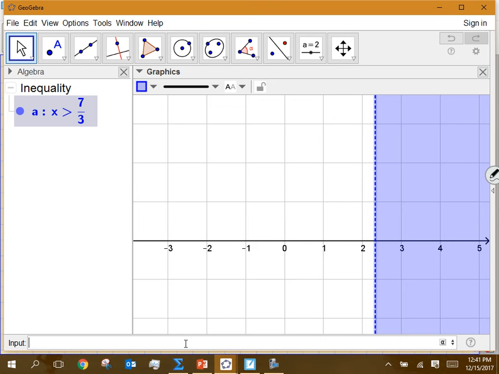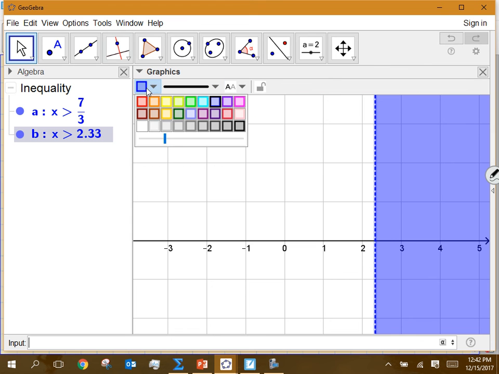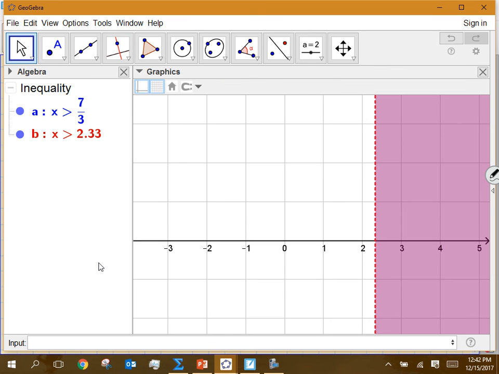Well, if I take that 7/3 and I want to round it, because I don't like dealing with fractions, if I write this as x is greater than 2.3, and I'll just go 2.33. It really doesn't matter how many decimal places I go over, this relationship's going to exist. I get that. Okay, now I'm going to change the color so we can make a distinction here. Change it to red. It looks like it gave me the same values, right? Okay. But we're going to do something here and realize that